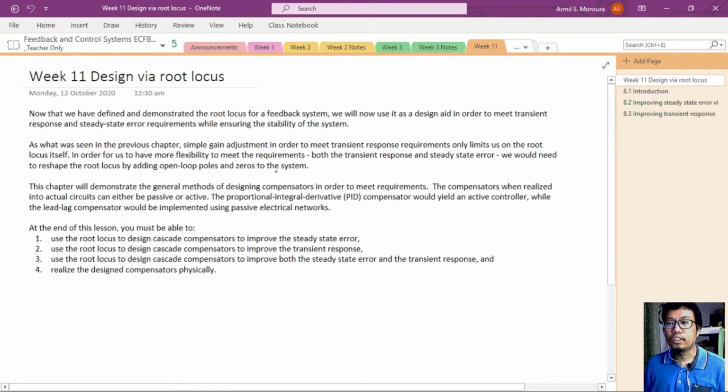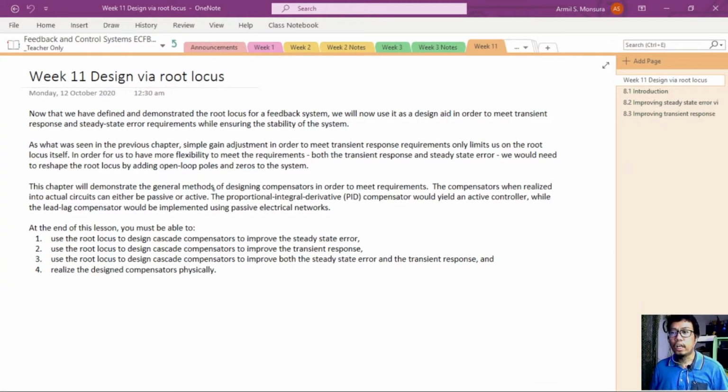Okay, so this chapter will demonstrate how we are able to do this, how we are able to design these compensators so that we can meet these requirements. So yung made-design nating compensators or controllers are basically either passive controllers or active controllers. Okay, so remember lang that when we are talking about your system, again,